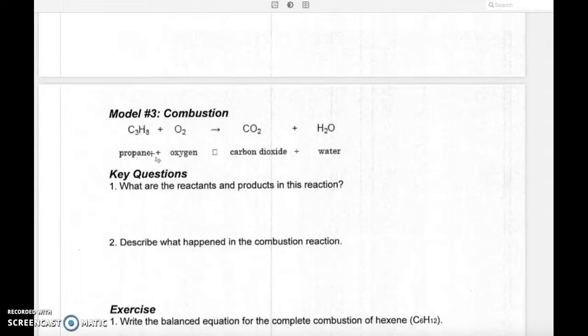What happens in a combustion reaction is that the propane, our hydrocarbon, is split up. We split the hydrocarbon into carbon and hydrogen,